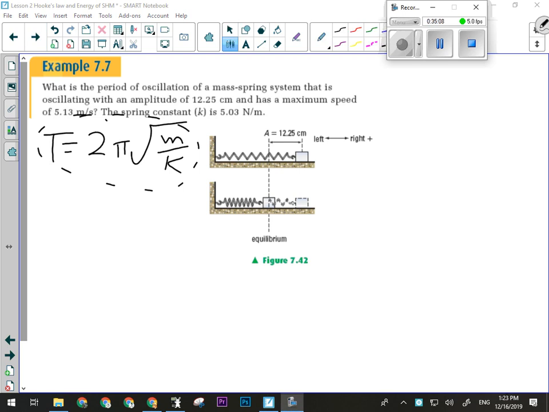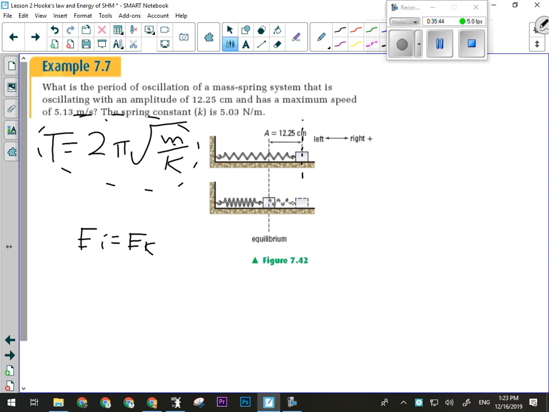Okay, so here's what we know. This mass is oscillating back and forth. They want us to calculate its period. The problem is, I don't know what the mass of this object is. Okay? I can't use this formula to find its period until I know what its mass is. But because it's oscillating back and forth, I can use the law of conservation of energy to calculate its mass. One of the points they talk about is the point of maximum amplitude, where all of its energy is